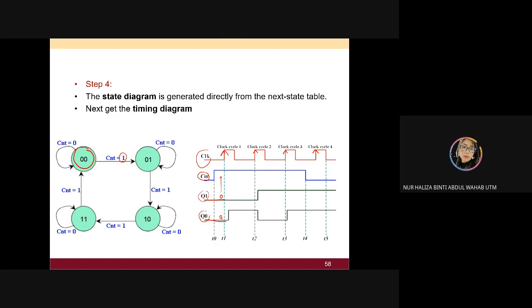It will generate the next Q1+, Q0+: this one is present, and the next will be 01. If your input for CNT is 0, then it will remain 00. In this example, you can see here, it provides you